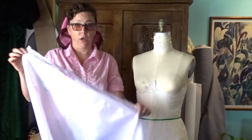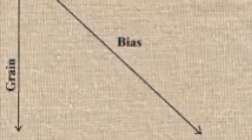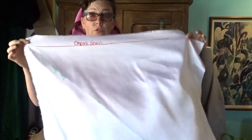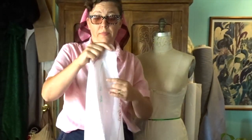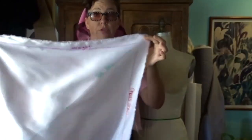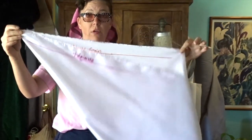Okay, square fabric. We have the straight grain, which is the selvage. That is the edge, the factory edge. And then we have the cross grain. That is the cut edge of the fabric. Then we have true bias, which is a 45-degree angle from the straight. Okay? True bias is where